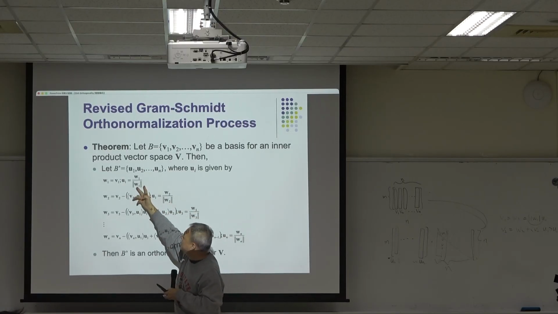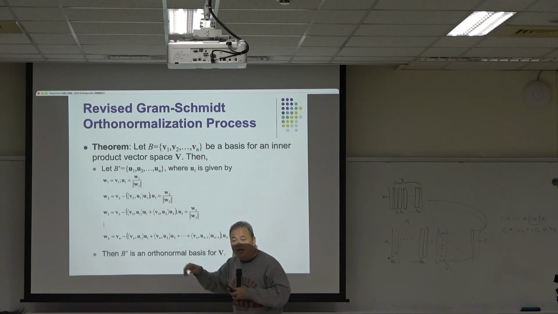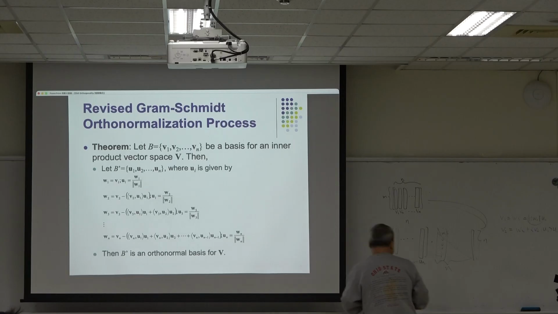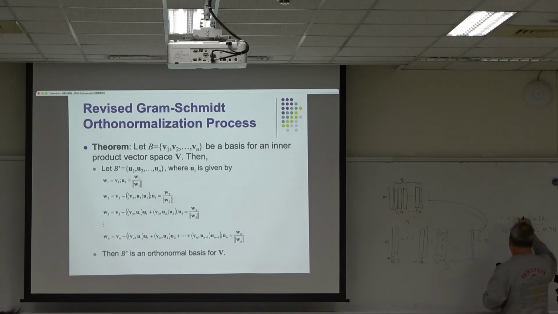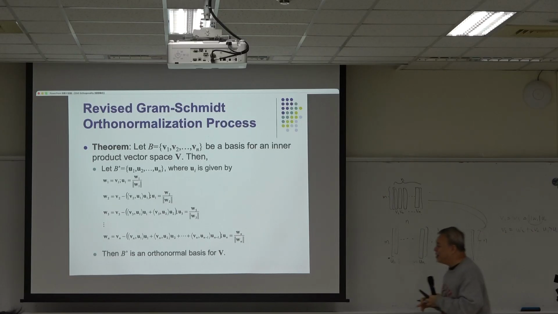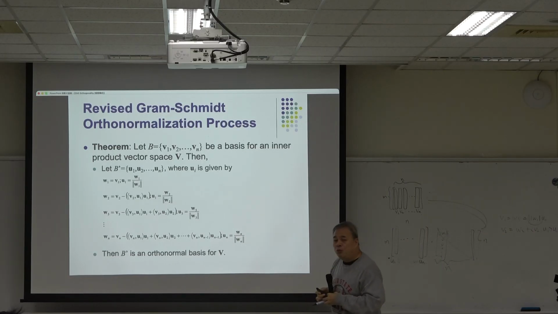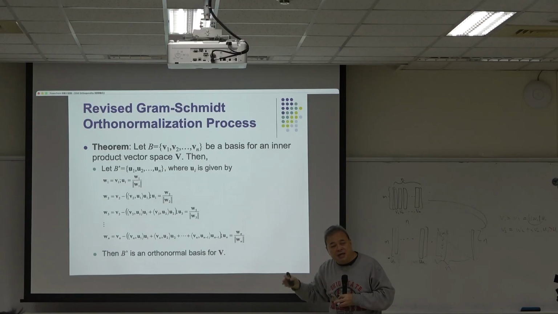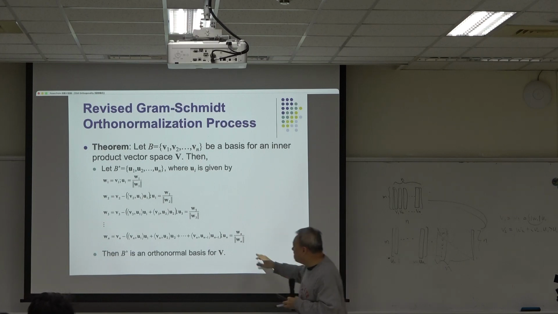Divide U_i by its norm. And when you write it back, this thing has to be multiplied by the norm W1, W2, and so on. So those norms W_i will appear in the diagonal elements. Okay, so that is why